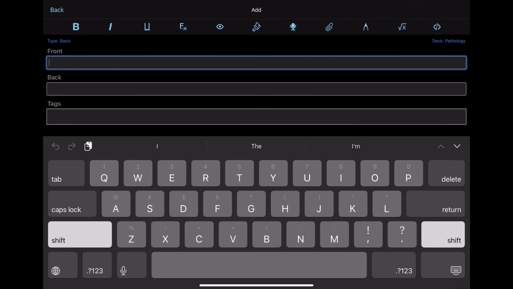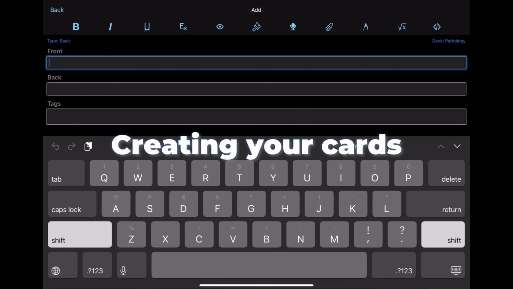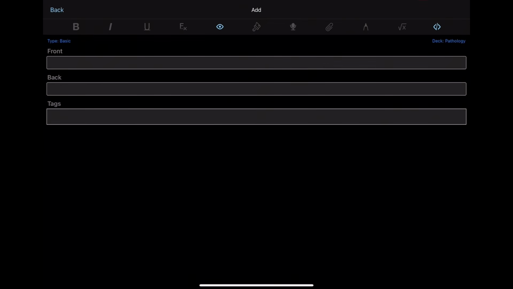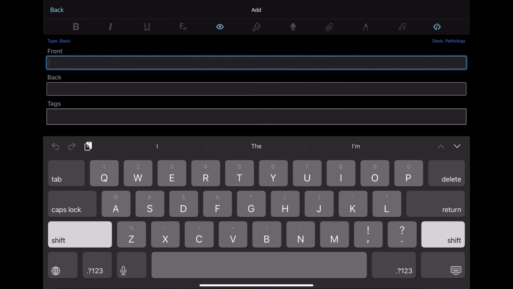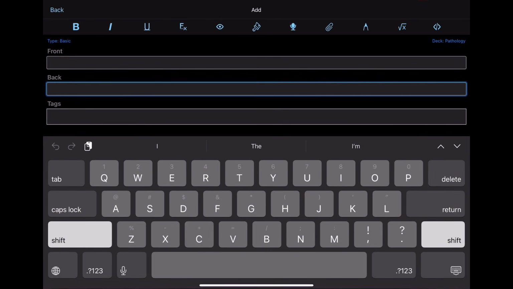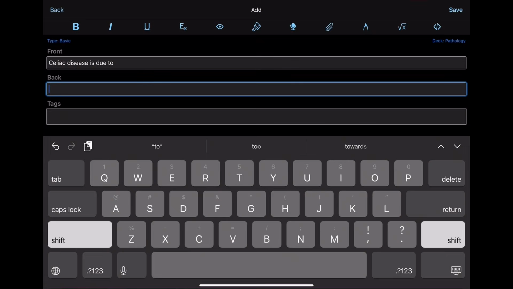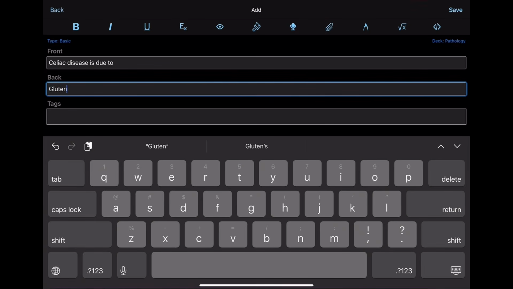Now let's talk about creating cards. The first and the simplest type is the basic card. Here you just type a question under the front section of the card and its answer under the back section of the card. So it's basically like a physical flashcard where you have question on the front and the answer on the back side of the card. So let's make one right now. For example, I'm typing the question: celiac disease is due to, and the answer to it, gluten